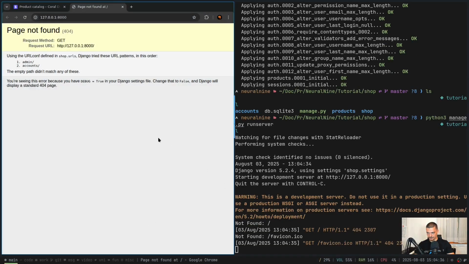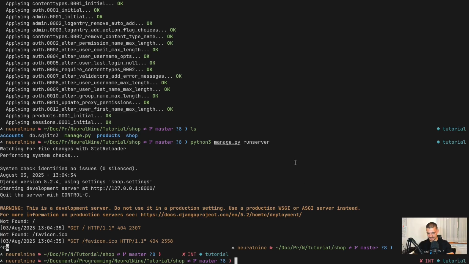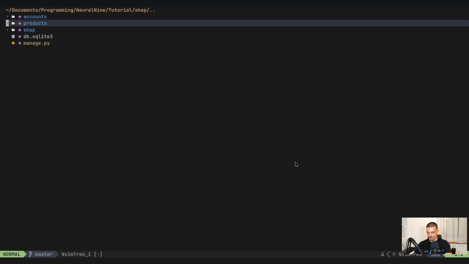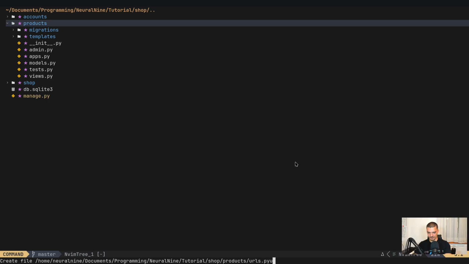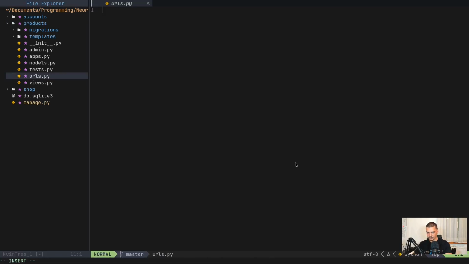And I'm not sure if we're going to see anything. Now, we don't have the default route, so that's not a problem. I think we do have a problem, though. I know without even testing it that we didn't add all the URLs. So we actually need to go and say products. We need to create a new file, urls.py. Here we need to say urlpatterns again. And we need to say from django.urls import path, and then also from